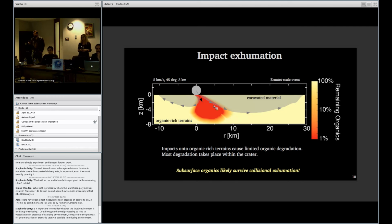What the plot shows here, we do not show the final crater. We just show the temperature field that we produce in the target. And so these little arrows show the streamlines. So in other words, all the stuff that is in gray here is material from Ceres that's going to be excavated and eventually will redeposit on the surface of Ceres. And again, the color coding gives you the fraction of organics that would survive. So as you see, there is a hot spot at the center close to the impact point where organics are totally destroyed. However, stuff that's going to be excavated is not heated enough for the organics to be destroyed,